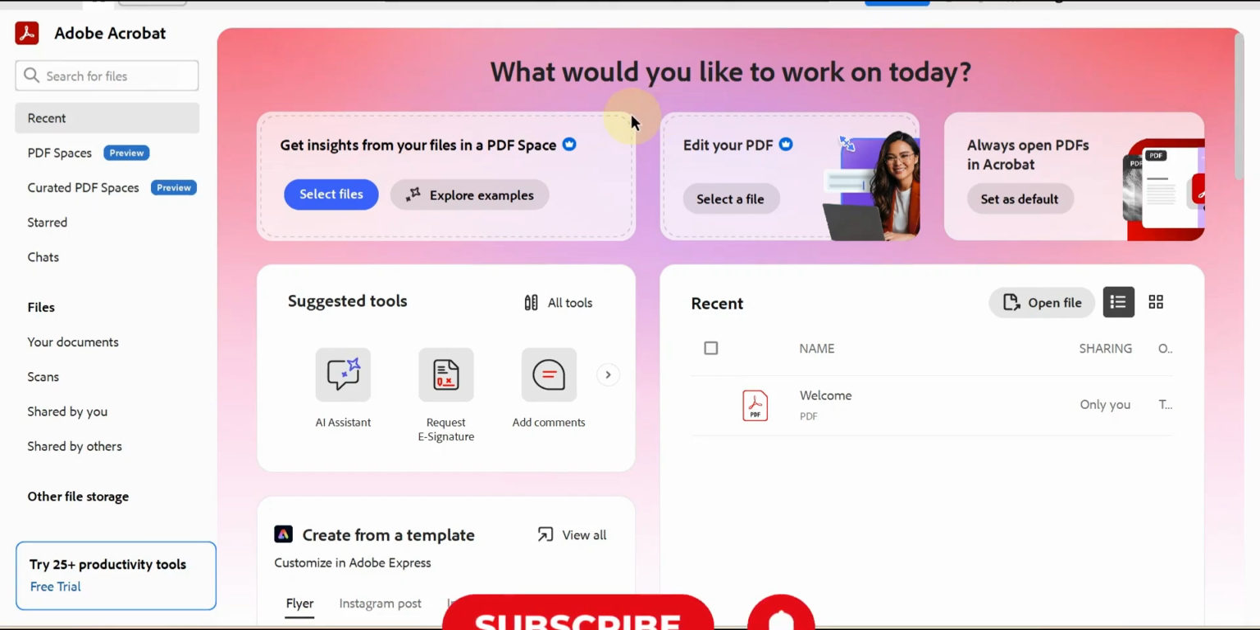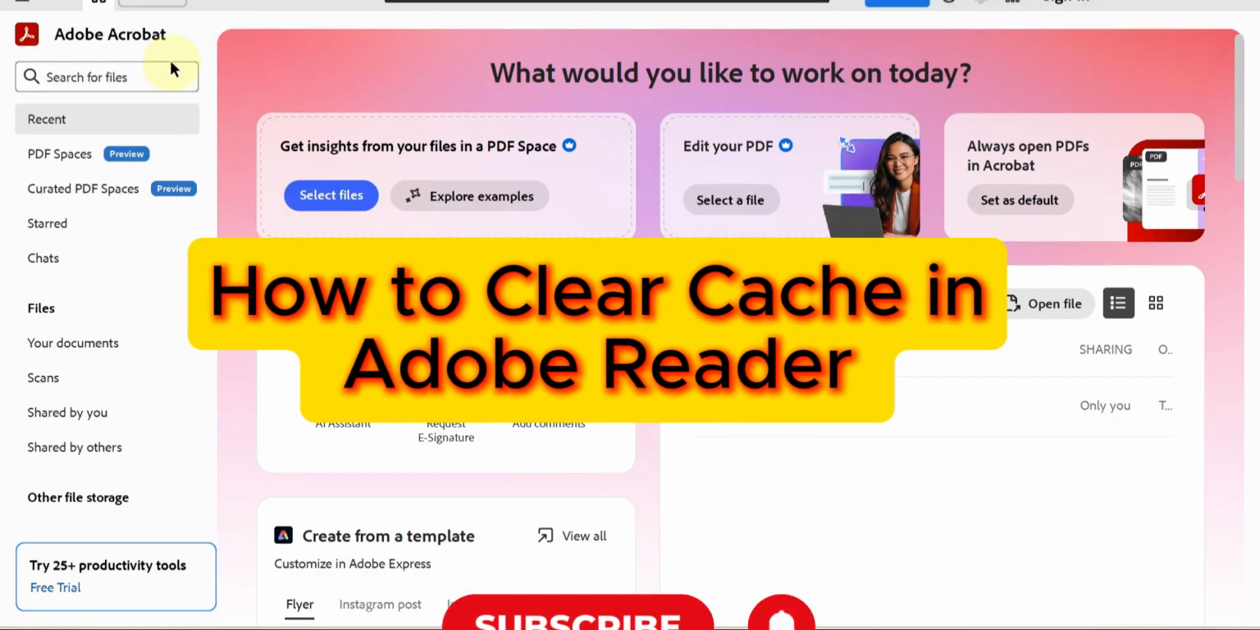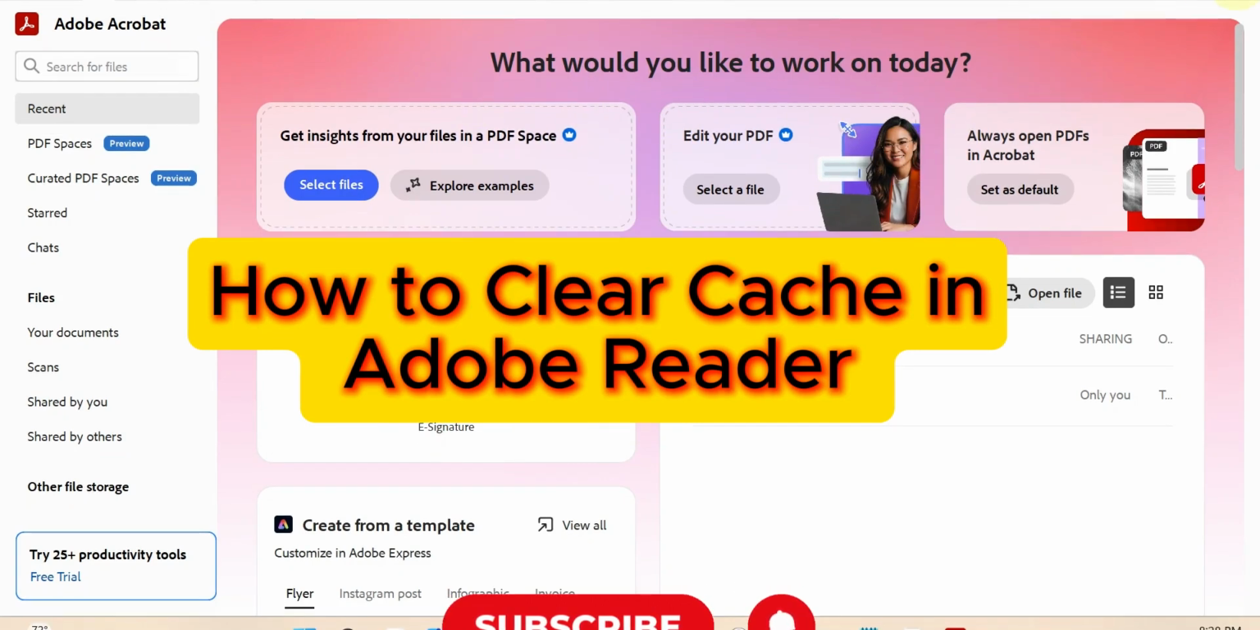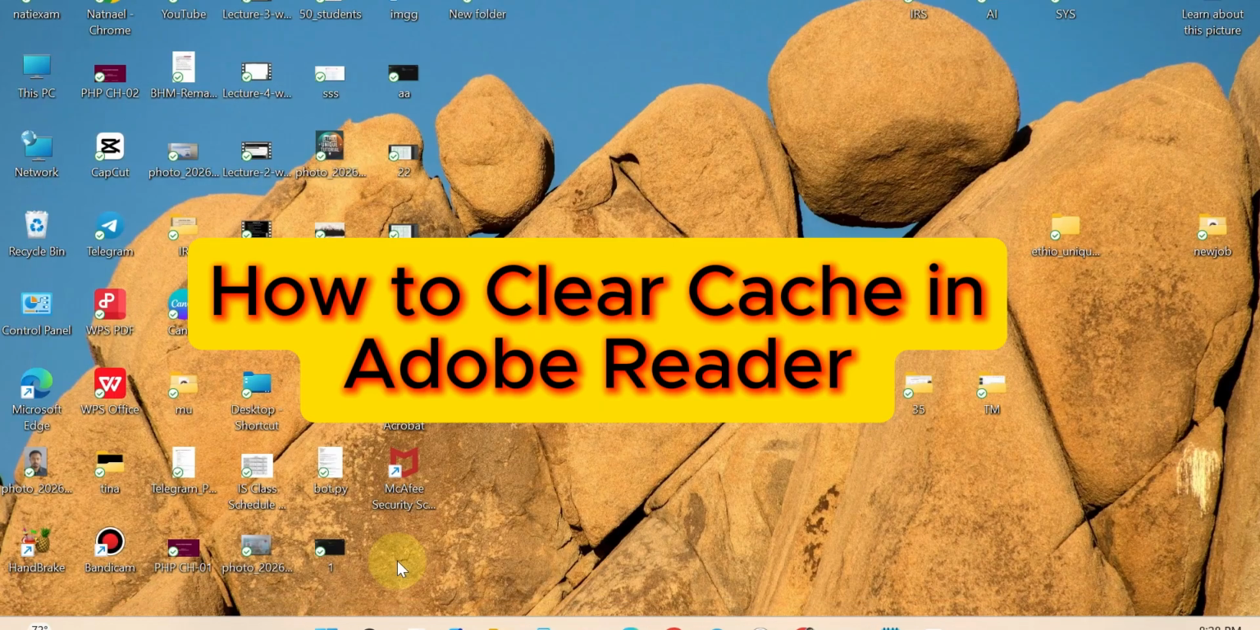In this video, I'll show you how to clear the cache in Adobe Reader to help improve performance and free up space on your computer. First, make sure to close Adobe Reader completely so that none of the cache files are in use while you